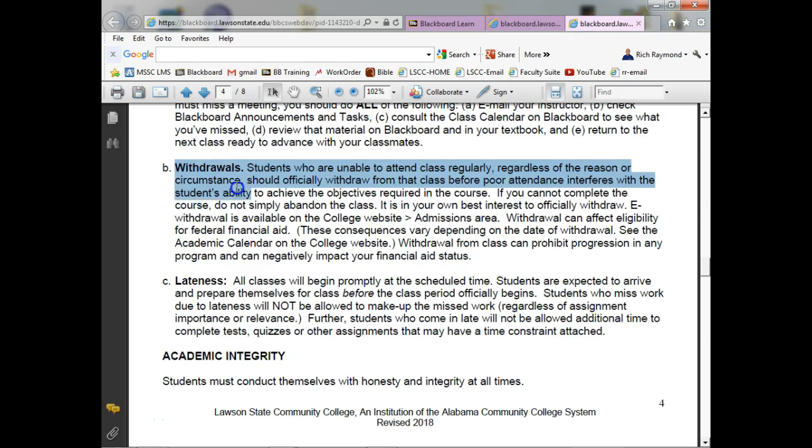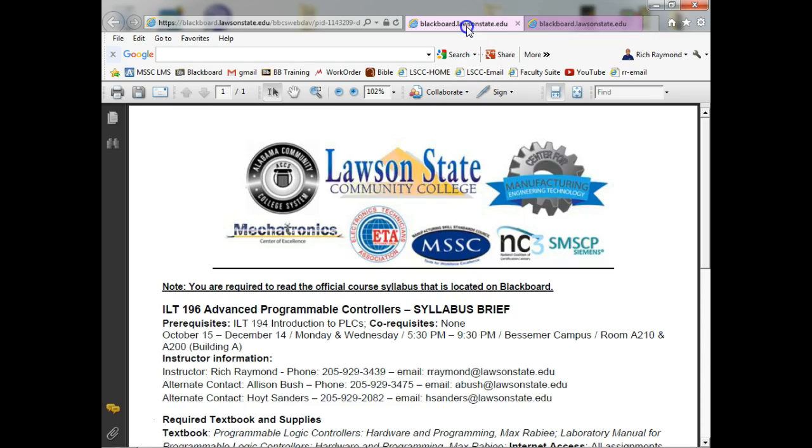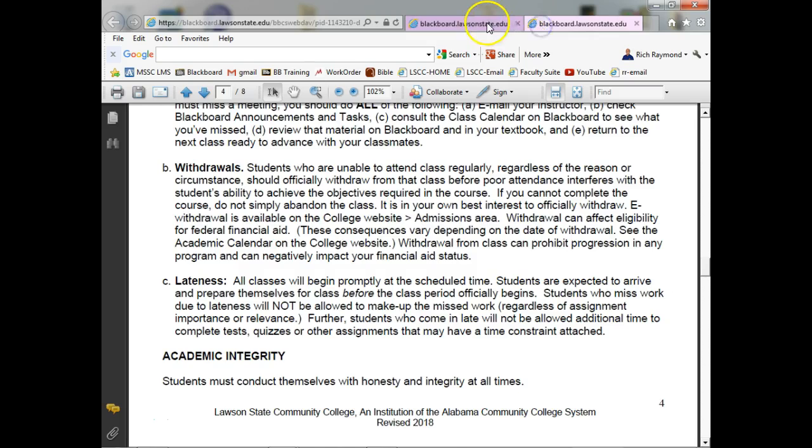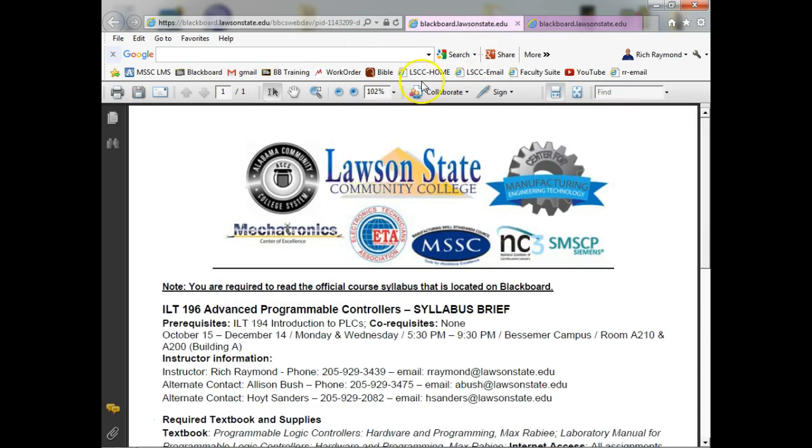Withdrawal. I have problems with this too. Who's responsible for withdrawing from a class? Y'all are, right? This is a little different too. What they've done is, down at the bottom of the Blackboard site, which I've lost,